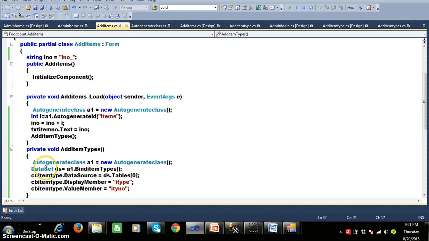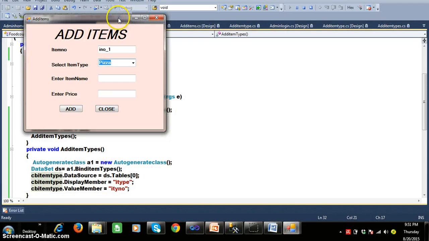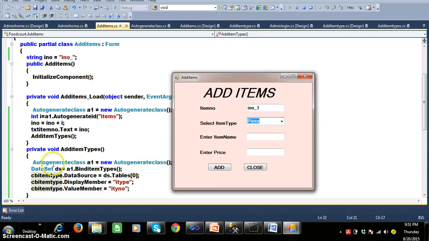Combo box. But here the combo box has one special feature, as I told, that it will have two properties: one is display member and the other one is value member. In this requirement I have to catch both the values, because I want to display the item type, but I want to insert the item type number.